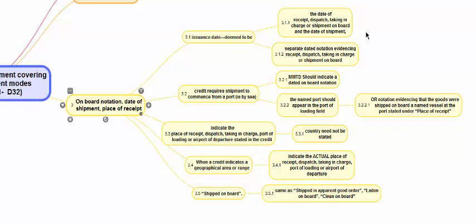If there is no other date, the issuance date will be deemed to be the date of shipment. If there is a separate dated notation evidencing receipt or dispatch or taken in charge, such a date or such an onboard date will be considered as date of shipment. This date of shipment is of significance because we will be looking at last date for shipment given in the credit and the period of shipment given in the credit, and for these two aspects we will look at the date of shipment. So this is the date on which really the supplier had parted with the goods.